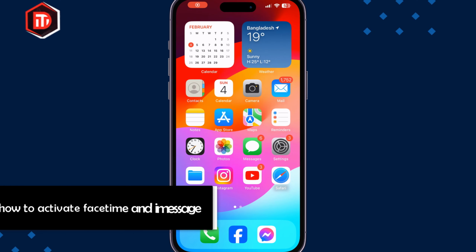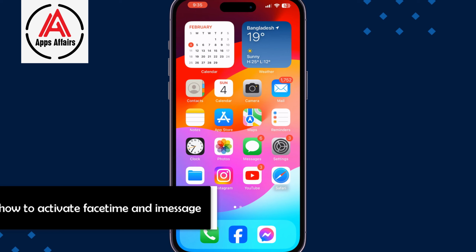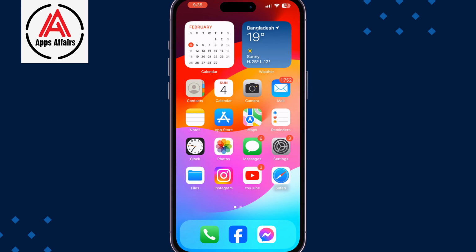This video shows you how to activate FaceTime and iMessage on iPhone. It's a super easy process to activate your FaceTime and your iMessage. Just follow these easy steps. First of all, go to your iPhone settings